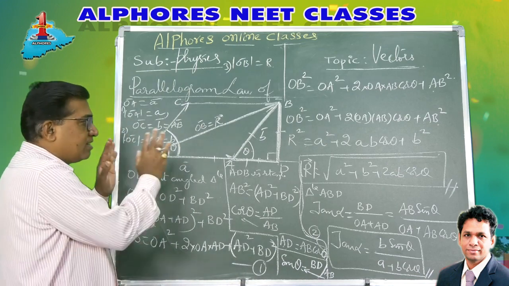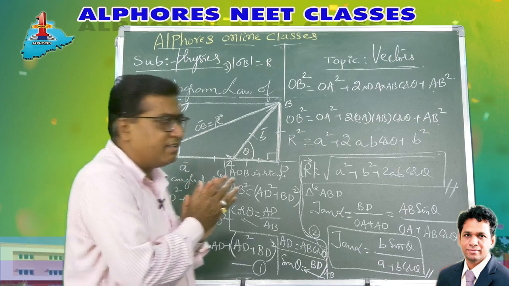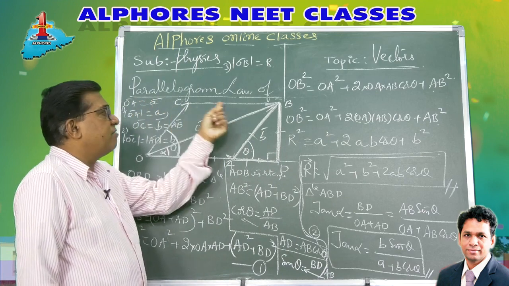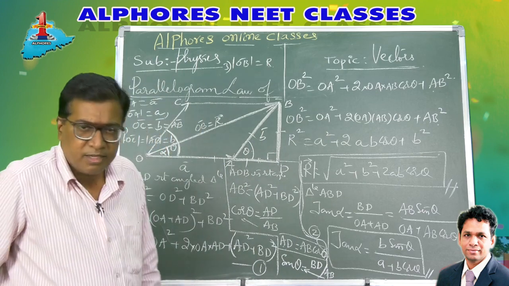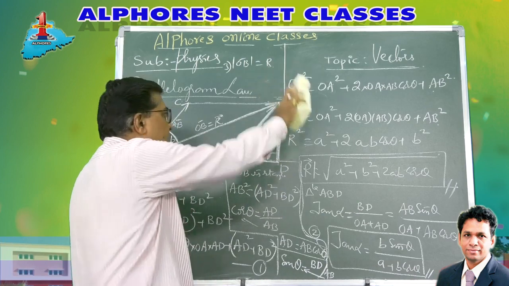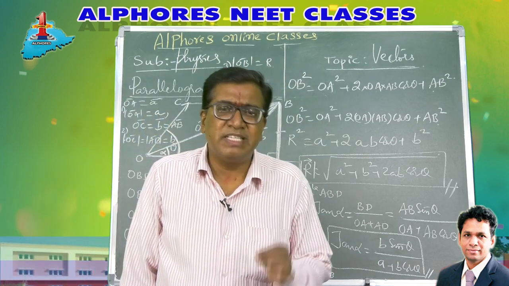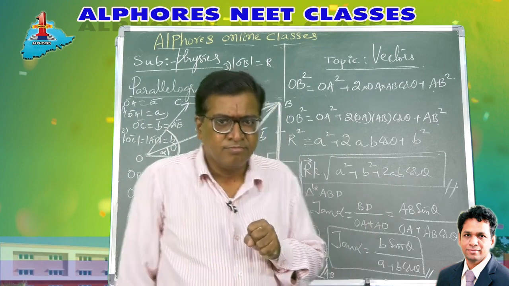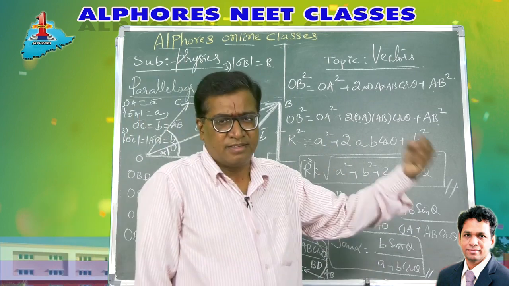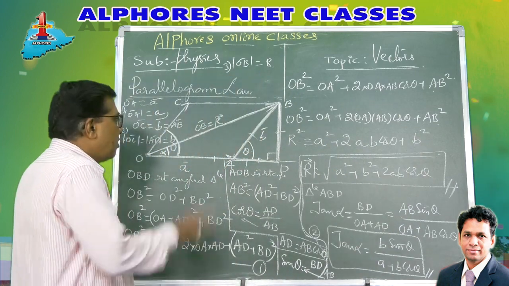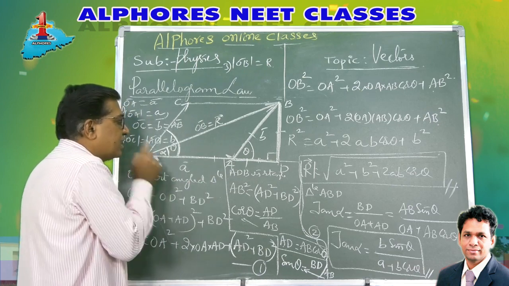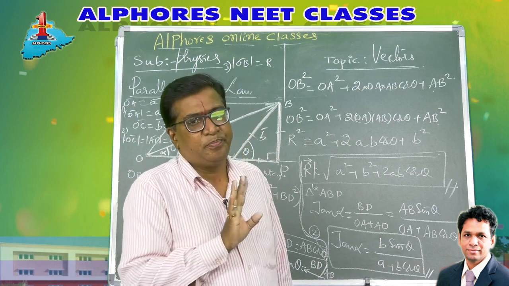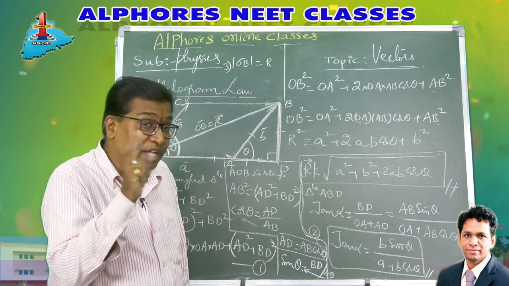I shall once again give the clear picture of this derivation. Have a glance over it. Please look here. So now our topic is parallelogram law of vectors. How to find the resultant by parallelogram law of vectors. Parallelogram law is the analytical form of finding the resultant of two vectors. Analytical method, right? Mathematical method. The formula method of finding the resultant. Now, how do you find it? First, consider two vectors, A bar, B bar. Two vectors belonging to the same physical quantity. Two similar vectors, co-initial vectors.